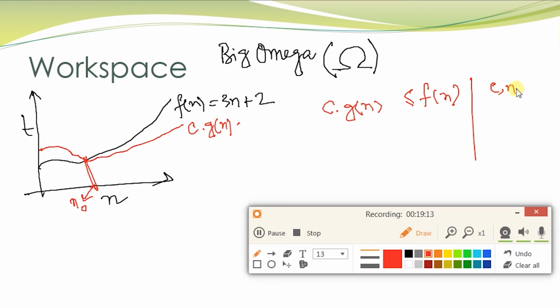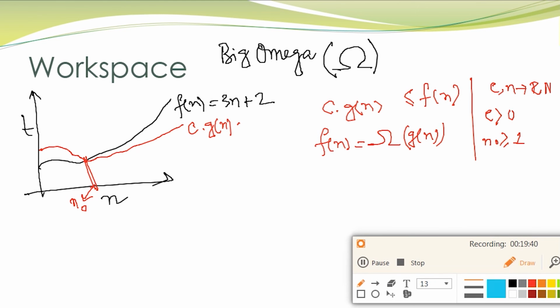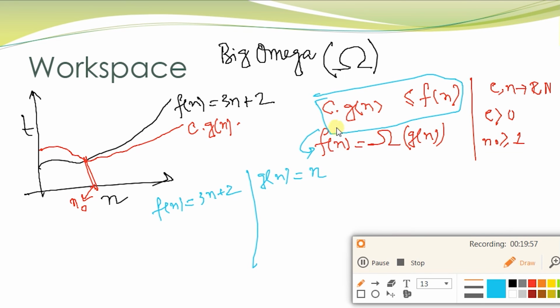Then if this is satisfied, we can say that f(n) is omega of g(n). Okay, now let's take an example. So f(n) is 3n plus 2, and let's say g(n) is n. We are trying to check this condition, whether it is satisfied or not, and then we can say it is omega of this. So 3n plus 2, this is f(n), is greater than or equal to some c times g(n), that is basically n. Now try to substitute any value for c. So if I substitute c equal to 1, then it becomes 3n plus 2